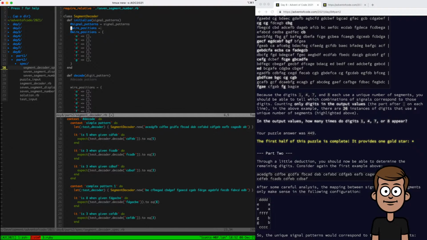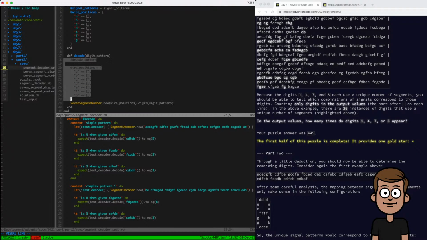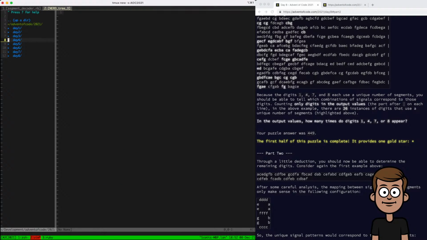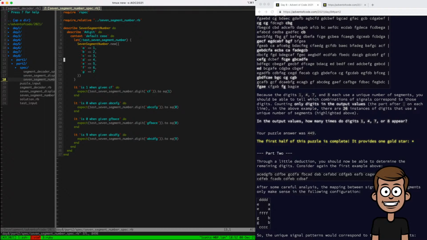Because of the API that I liked for 7-segment number from part 2, I wanted to be able to send it a hash with the position the segments are in,